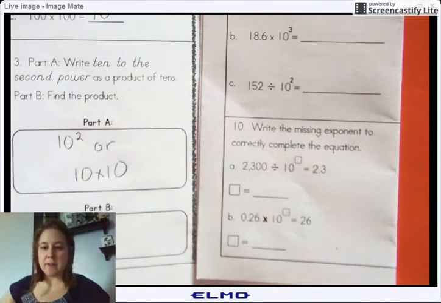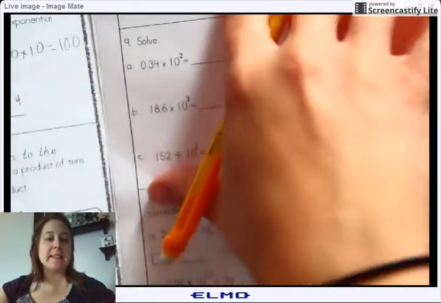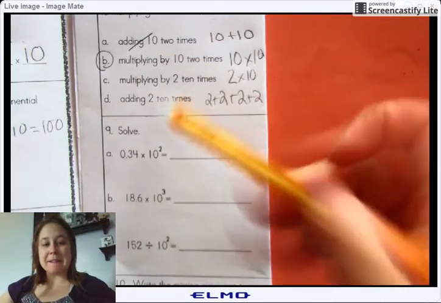Okay, guys, we're going to finish this up with the rest of the brochure and then be done for our lesson today. We're at part 9 here,